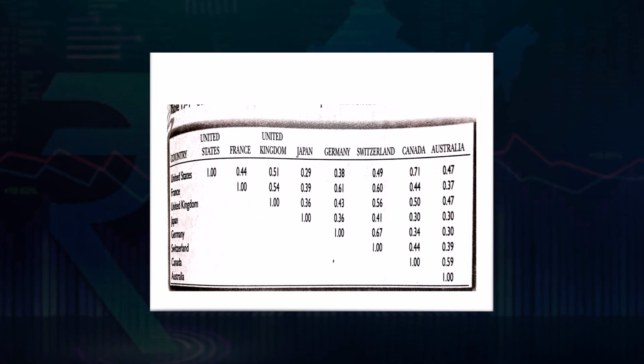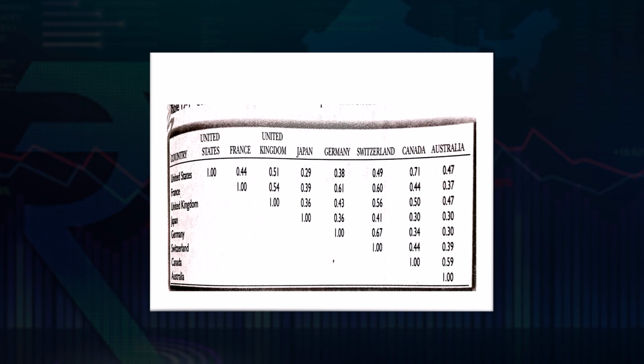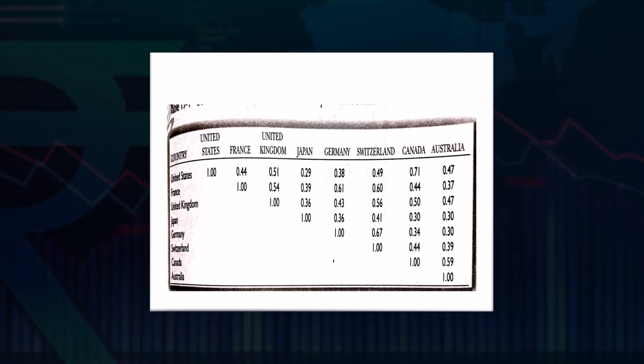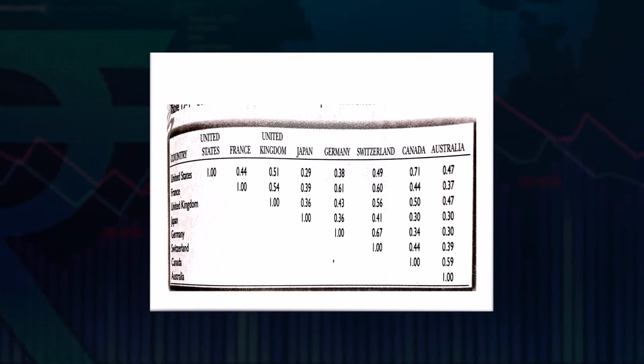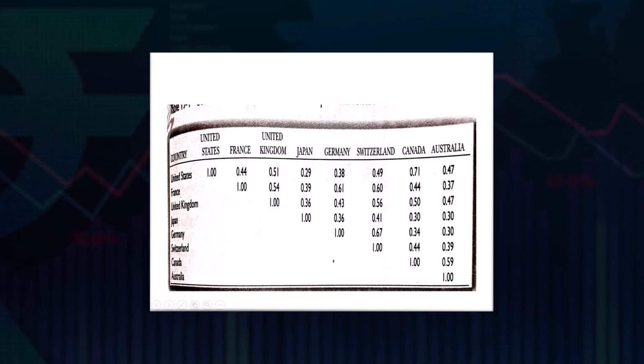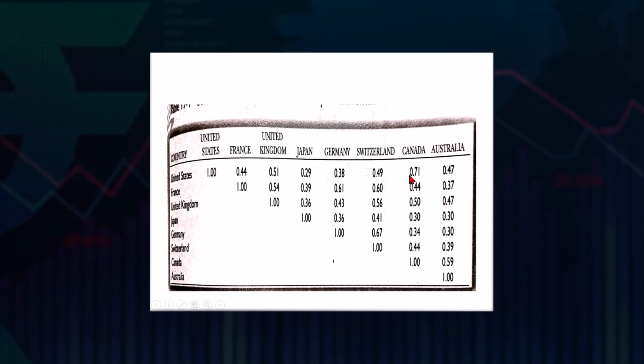Here, as you can see on my screen, I have certain countries and their correlation coefficients. The countries that I have here are the United States, France, United Kingdom, Japan, Germany, Switzerland, Canada, and Australia. Now, as you can see in this correlation coefficient table, the highest is 0.71, and this highest value is between the United States and Canada, okay? While we have the lowest value of around 0.30, which is between Japan and Canada, which we also have between Japan and Australia, and between Germany and Australia,